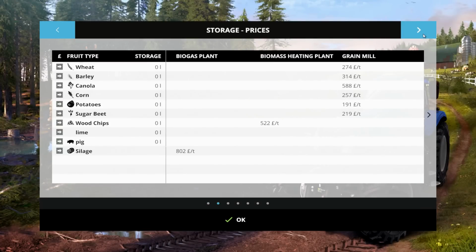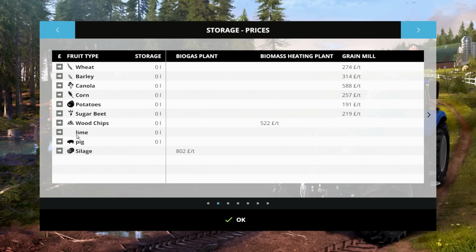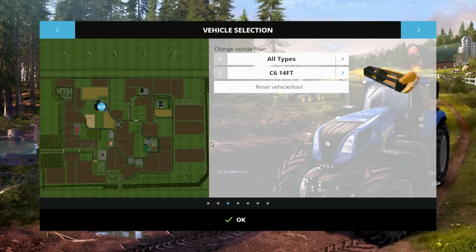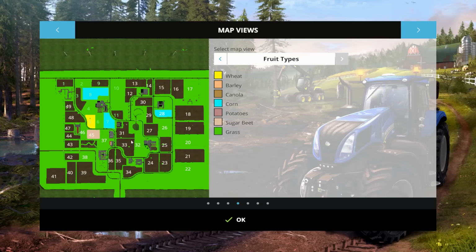We've got nothing in the silos. But look. Diggy wiggy wiggy wiggy woo. Which is pretty cool. It's also got lime, so you can do the soil mod as well. So let's have a quick look. We've got ready to harvest. Boom. Remove tops. Oh my goodness, that is a earth fruit. So we've got...